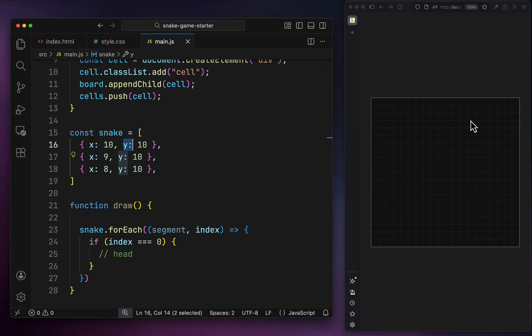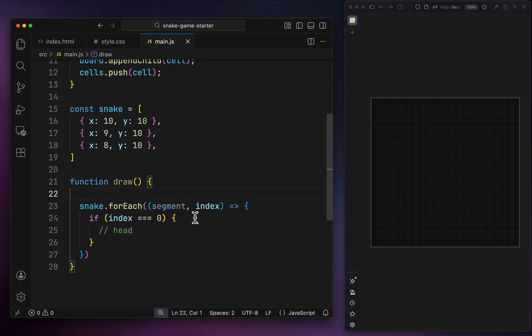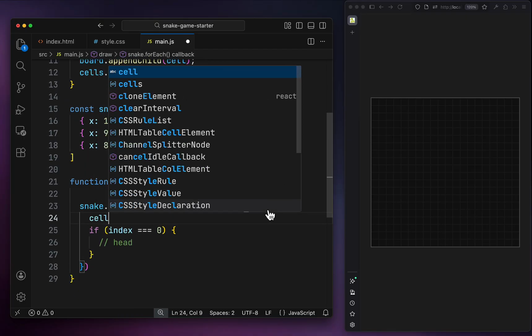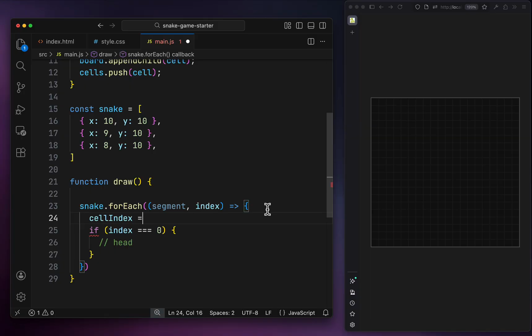the width of the grid, which is the grid size, and that way it gets 10 rows out of the way, and then I'm going to add the X to it, so it will go somewhere in between along this axis X. It puts a point and it goes to that position. So we can calculate the cell index, and that would be, again, as I said, you take the Y, so segment.y, you do times grid size, and then you add the